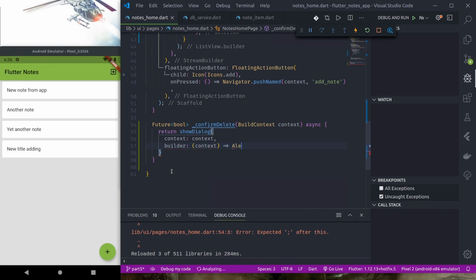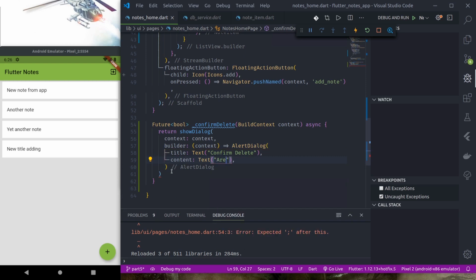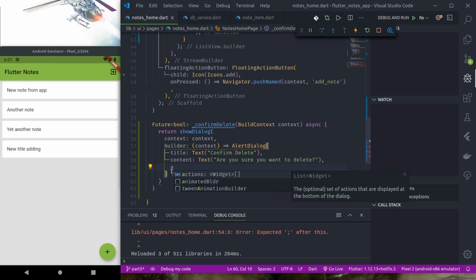Let us return alert dialog, title text, delete, content, are you sure you want to delete. Okay, and let us use actions,